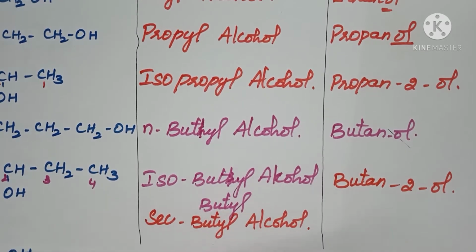First thing you have to find out is where the functional group is. Second thing, the number of carbons. Third one, you have to put the numbering in a proper way. Wherever there is a functional group, you have to number from nearer to that place. These are the 3 points you have to check very clearly. Hope you got it. Next one.